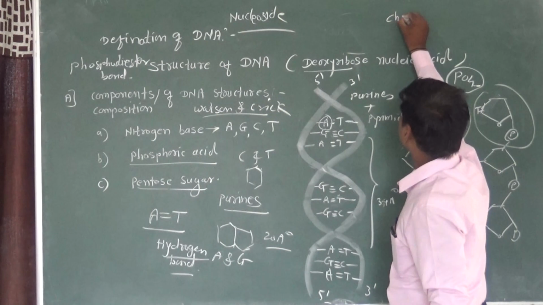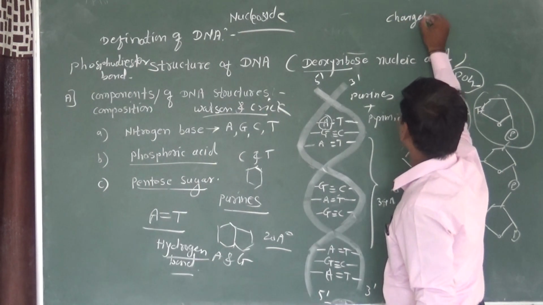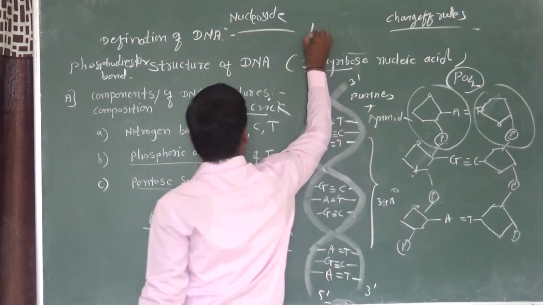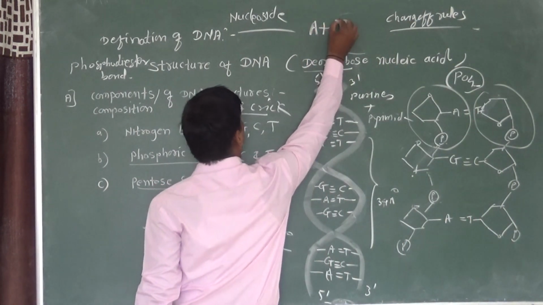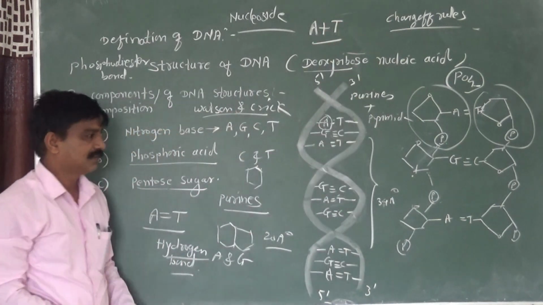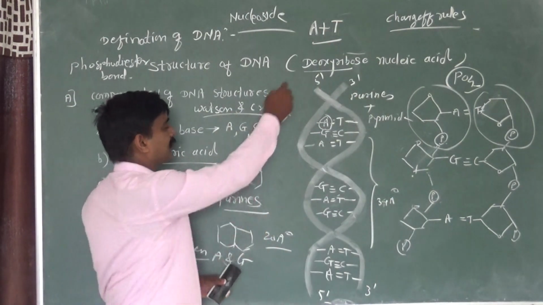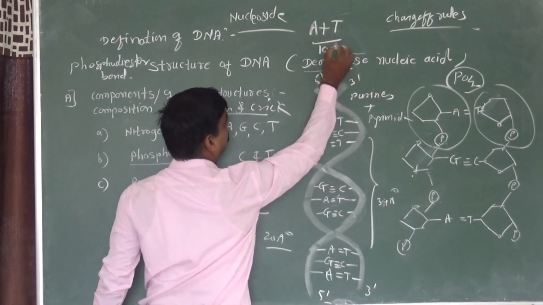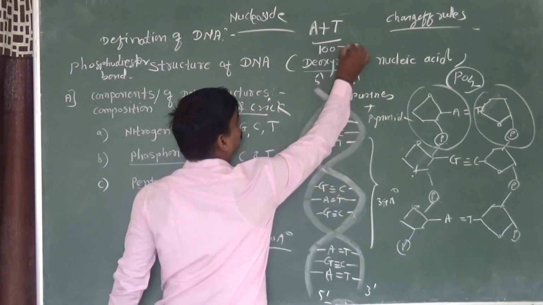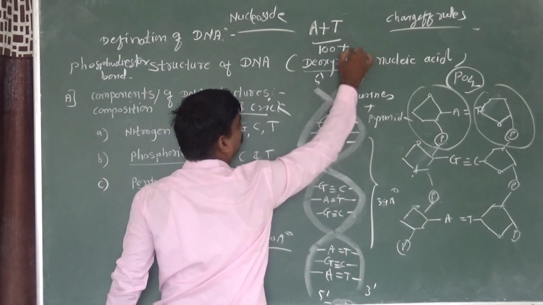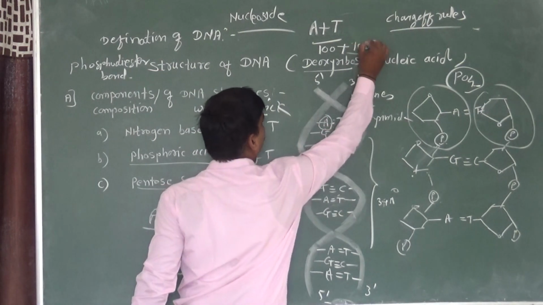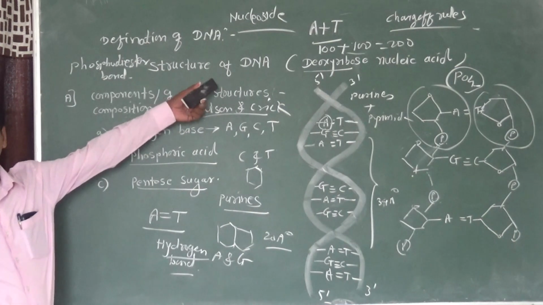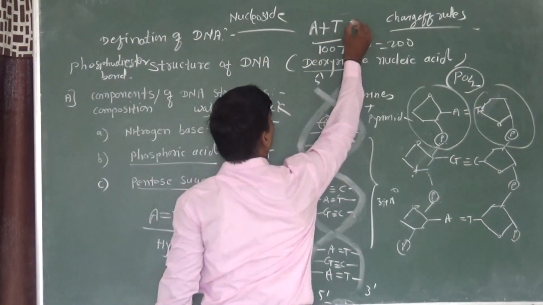Chargaff's rule means the amount of adenine plus the amount of thymine. In one strand, 100 adenines are seen, and in the other strand, 100 thymines are seen. These are the 200. Adenine plus thymine is equal to